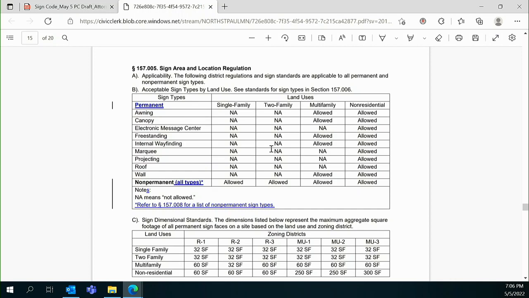I put together a little chart in my mind to try to figure out what the heck you were saying. Did you do it for me? I was thinking about parallel structure. Yeah, okay, if that makes sense. It does, it's perfect. You're just taking this one and flipping it. Now I think that I know the key that we're talking about apples and apples instead of having to combine the 32 and divide it between the two different types. Right. And when you're talking about Table B, it's talking about the land use, not the district. Right. Table C is talking about the district that a land use might be in. But we don't allow every land use in every district. Correct. Yep, okay, I understand where you're going now.